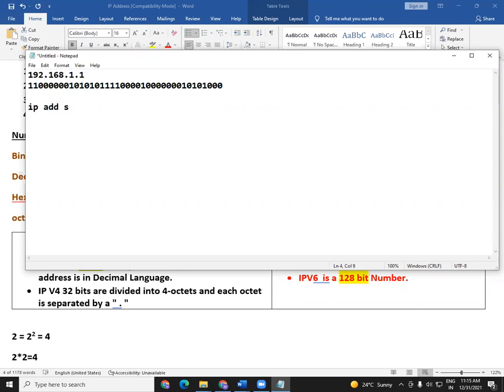Now listen. An IP address is a binary number, but for a user, it is presented in decimal form. For a machine, it is in binary, but for a user, it is in decimal. So the first thing we have to do to learn IP addressing is understand binary numbers very well. We cannot learn IP addressing in decimal. We have to learn and understand IP addressing in binary only. Got it?